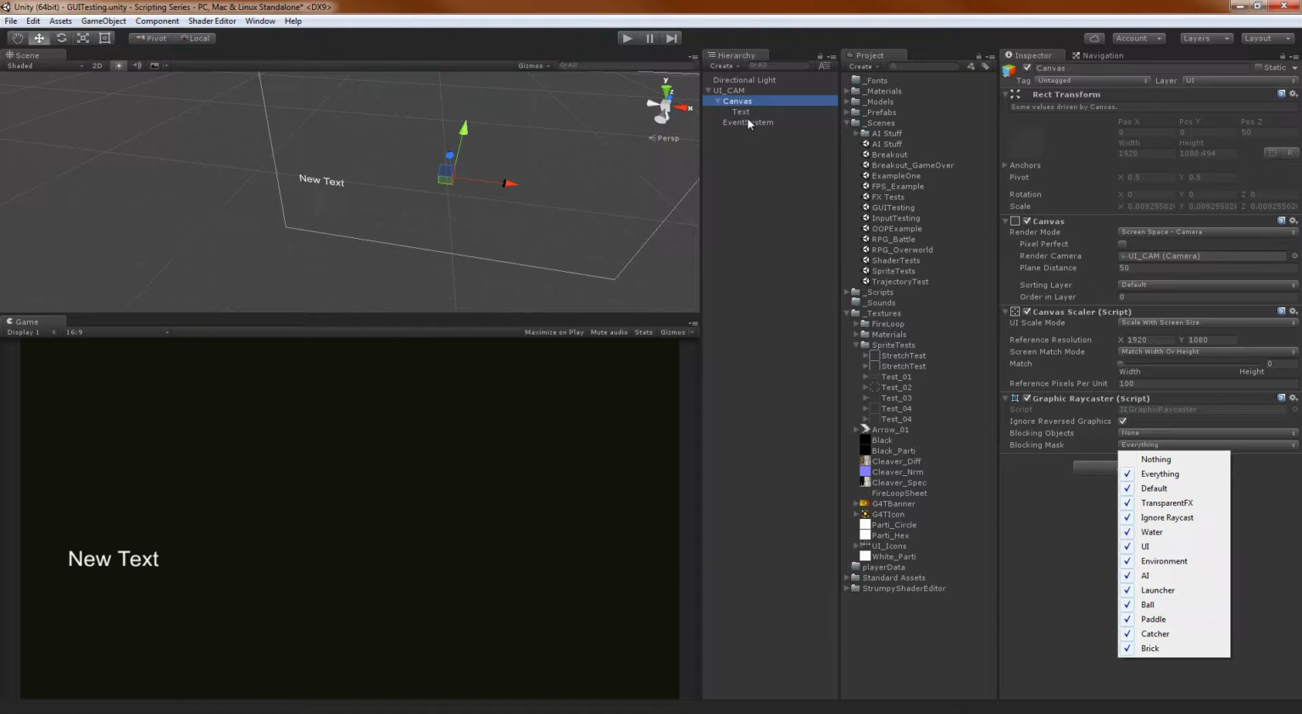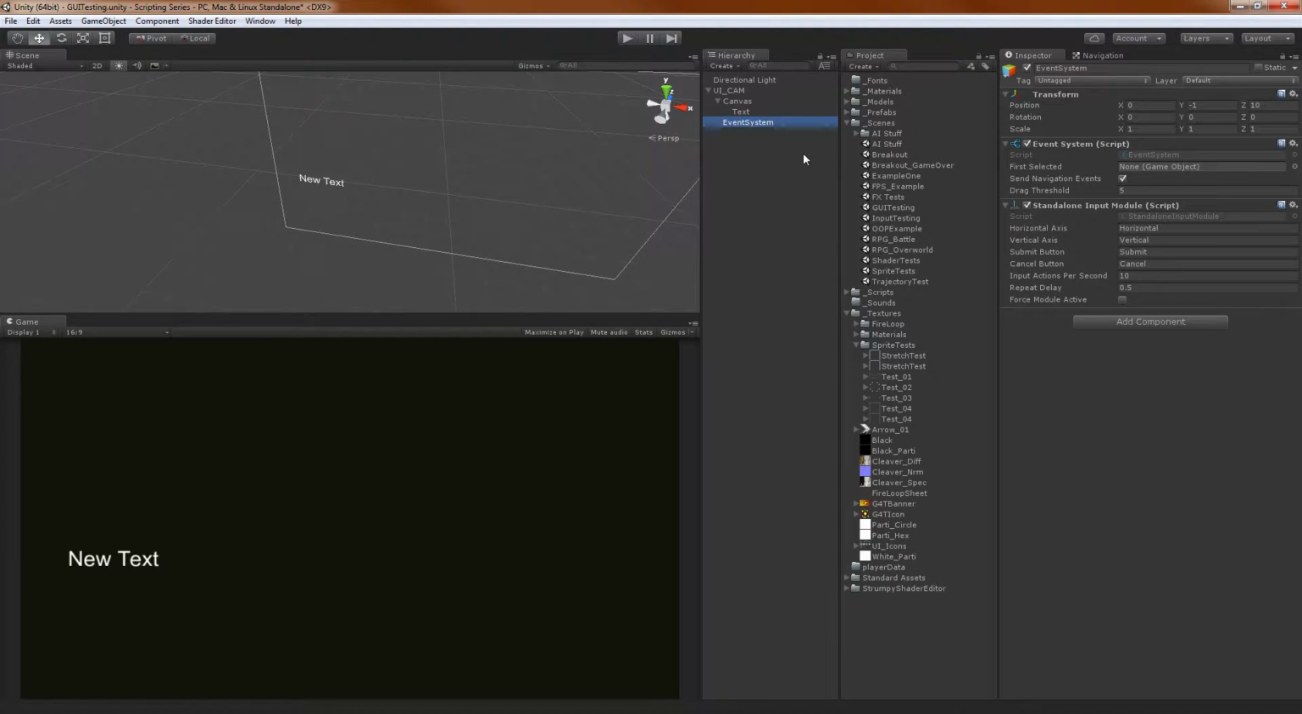The next big complicated thing to talk about is the event system. The event system is, well, it's the event system and the standalone input module. And the standalone input module is the more complicated of the two, so it's kind of deceptive. The event system is actually pretty simple. The few things in here that you need to know: the first selected is basically the